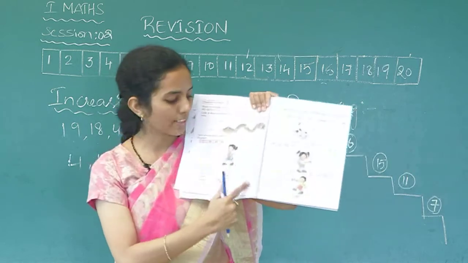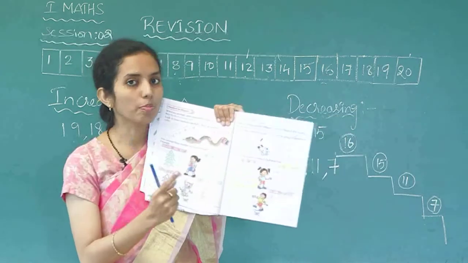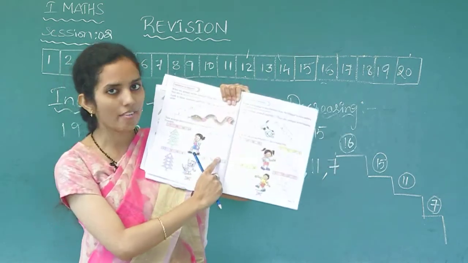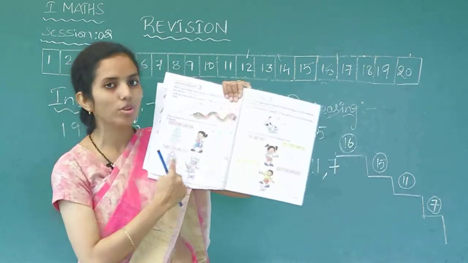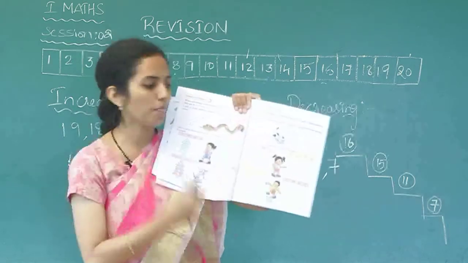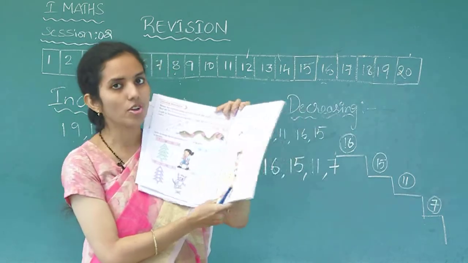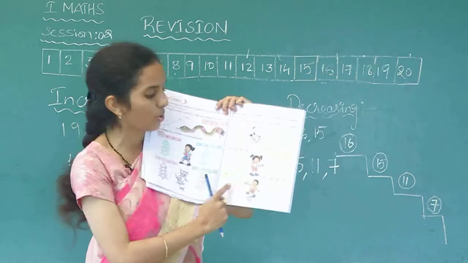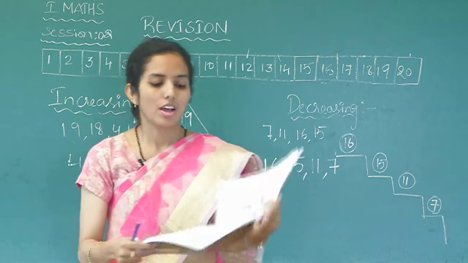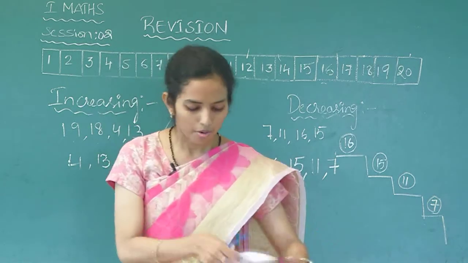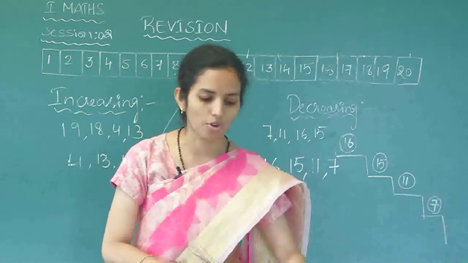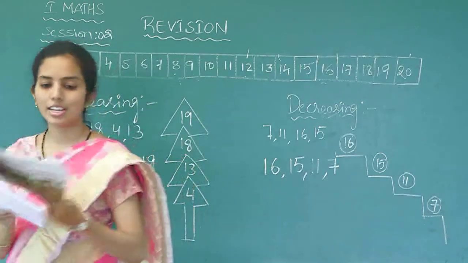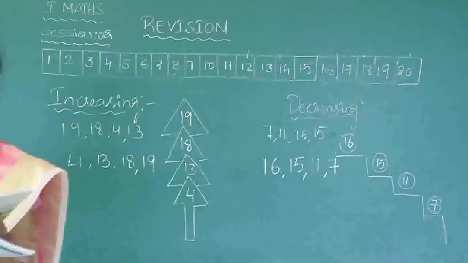There are a few more examples for you to practice on increasing or decreasing order. This one I have explained. I want you to do 2 examples for your practice sake, and here also this example I have explained. I want you to do these 3 examples. Now all of you turn to page number 24. So page number 24 is very easy, that is number the kites in order from 1 to 10.